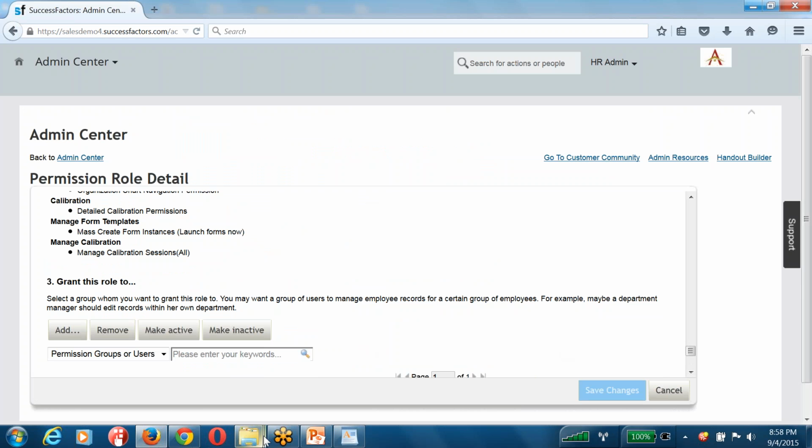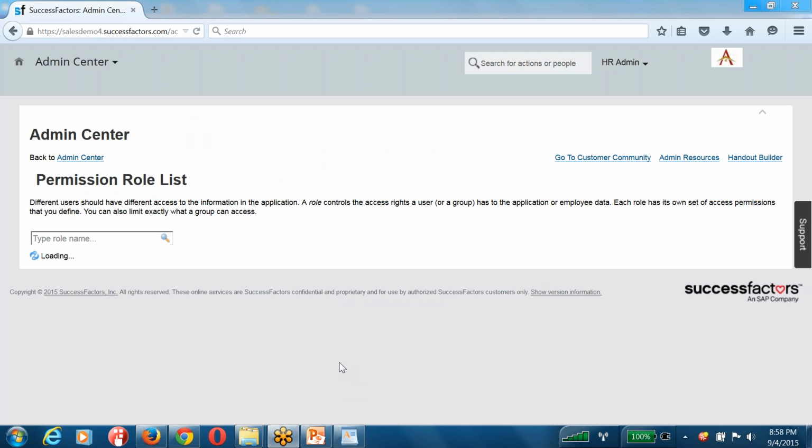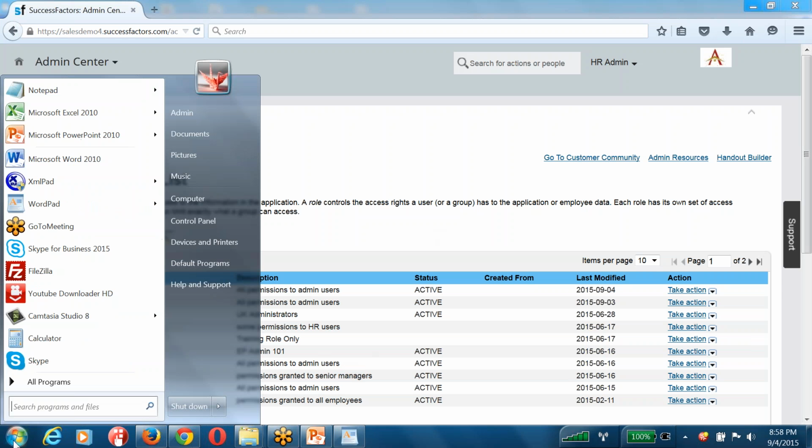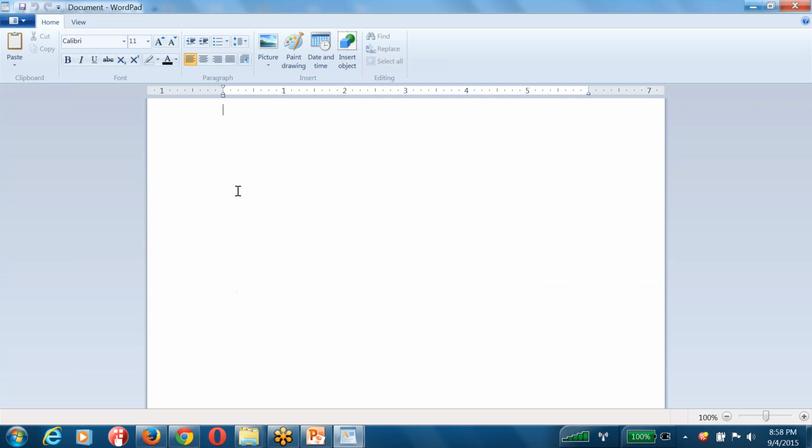Okay, so that is how, at a high level, your security framework will work, guys. I'll give you more on creating a custom permission role, permission group, all those things during the regular training sessions, guys. And coming to our training sessions, how I'm going to carry out the training and the different modules,